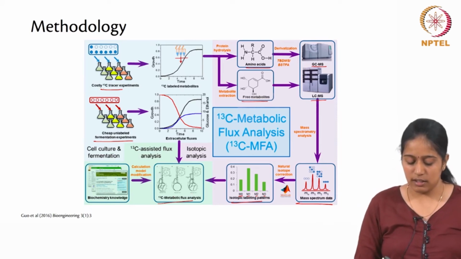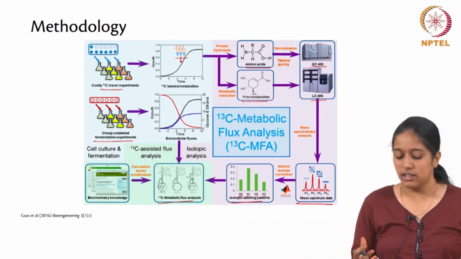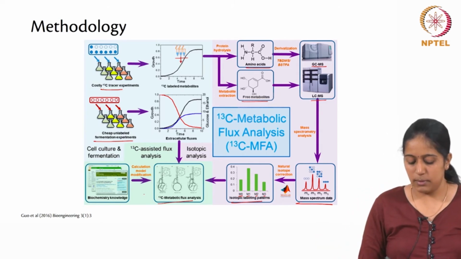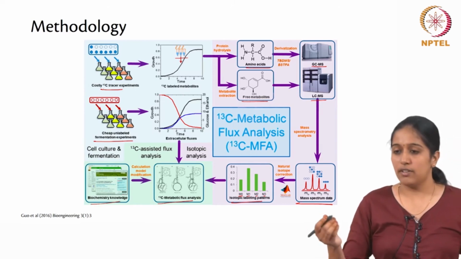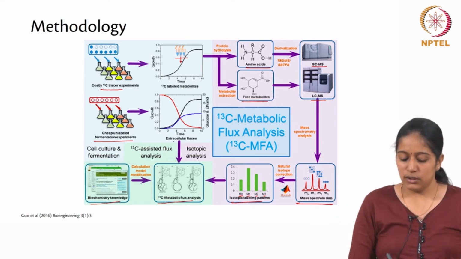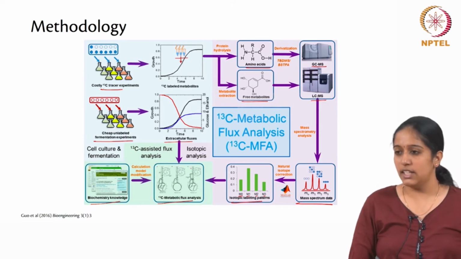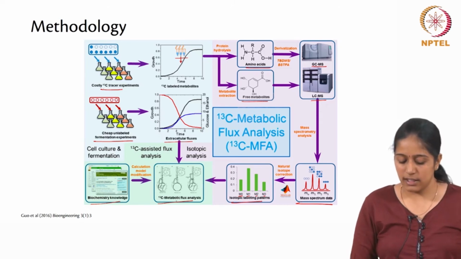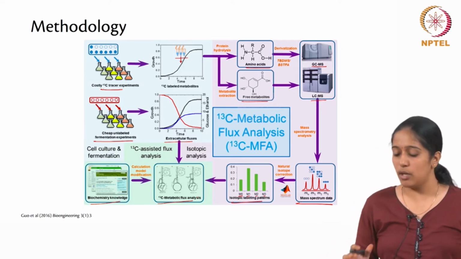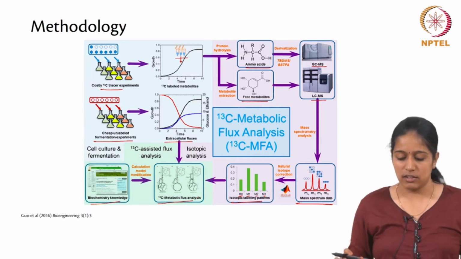And this model is a small model. Generally they start with a small model, they do not go with a larger genome scale model simply because it gets too large for the data to fit. And this core model can be built from the biochemistry knowledge or from different databases. Just take the core network and fit all the fluxes, and also you take the extracellular fluxes from the earlier experiments, fit it into the model and then generate something called a metabolic flux map. And this map can tell you about the fluxes through different pathways. So, this is the overall methodology which is followed in carrying out 13C metabolic flux analysis.